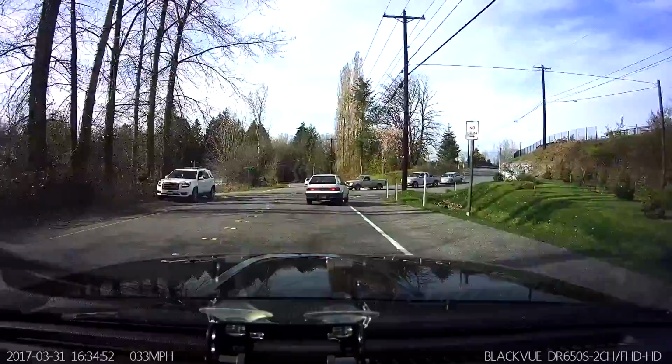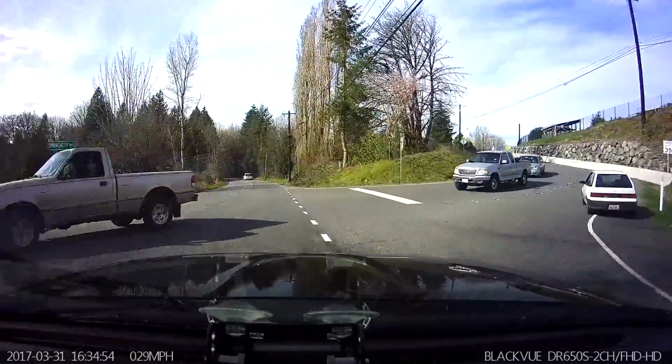I mean, Chinese dash cams are now optimizing the way that parking mode works. However, the parking mode system, I'd say Korean dash cams are a lot better. Okay. So with that said, if the customer comes in and says, I don't really care about parking mode, I just want a dash cam for the sake of me driving, and in case of an accident, I want video footage to back me up. Okay. And in that case, I would start with